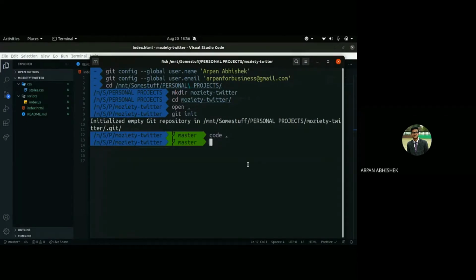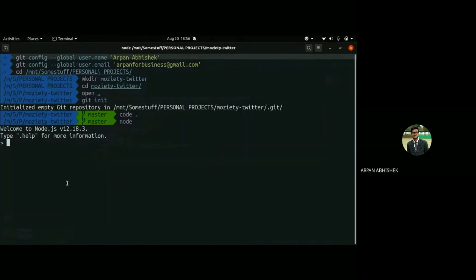Once we're inside the Node environment, we can write JavaScript code, and it will run on our machine, which is only possible because of Node, and now Deno as well.